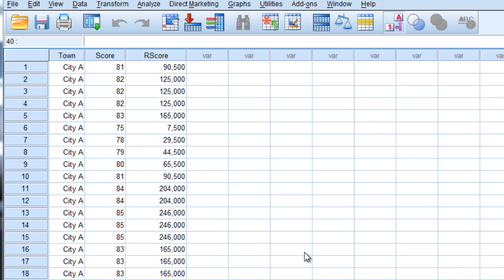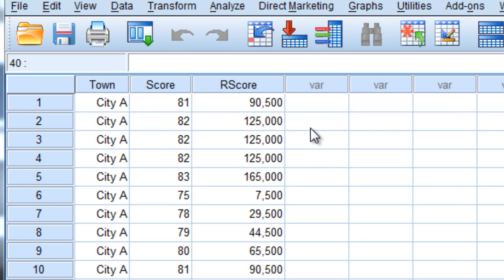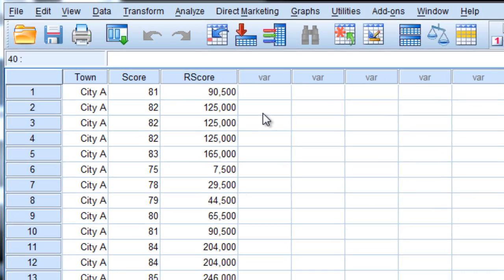SPSS will automatically create and label a new variable, R-score, where the letter R stands for ranked. In this new variable, each student has been given an individual rank based on their individual exam scores. Students with low exam scores are given lower rankings than students who performed better.